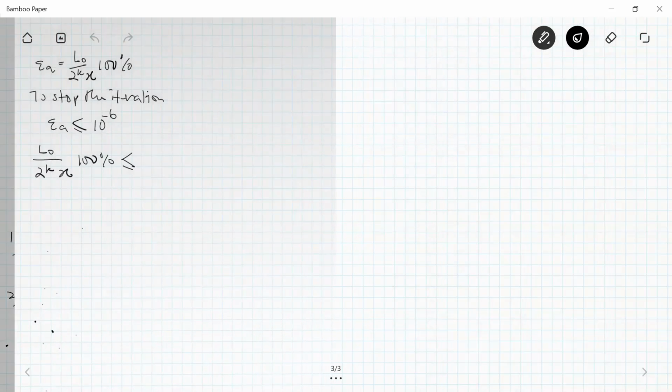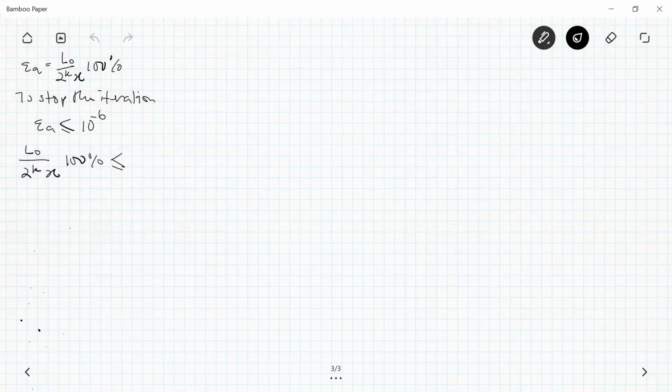So let's write that here. Our epsilon S formula is just 10 to the power of 6 times 100%